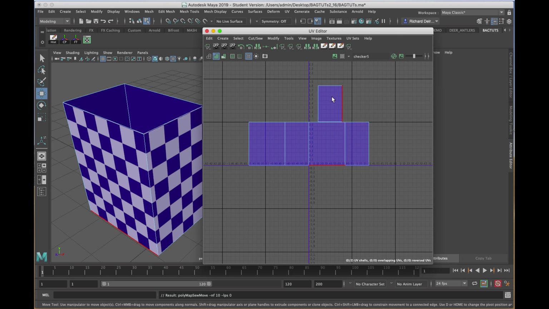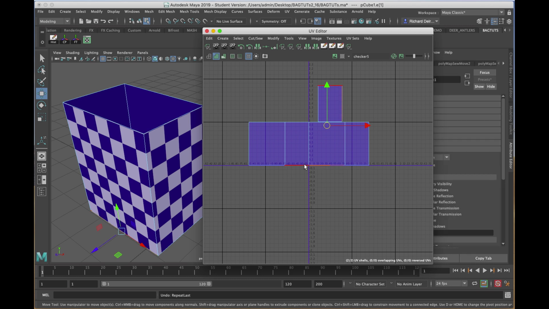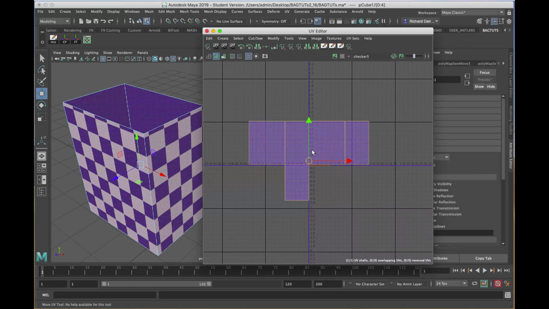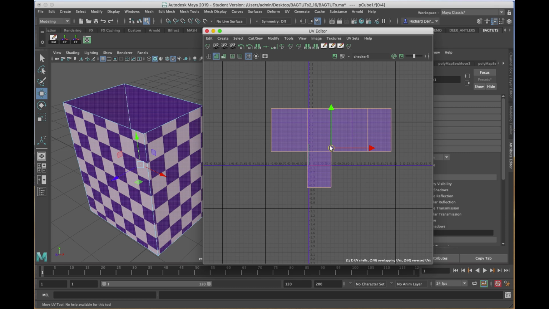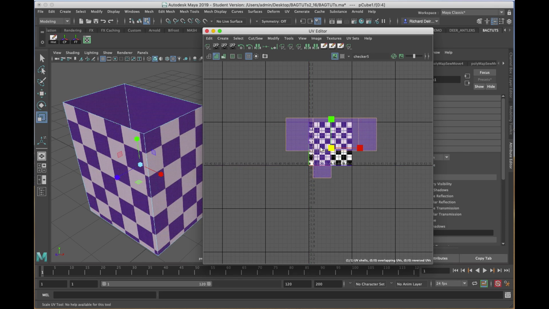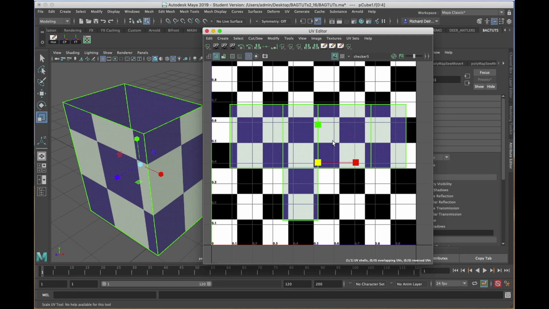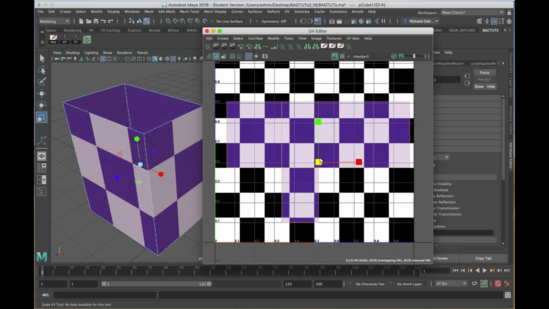And now I'll put the bottom on one of the bottom edges of the shell. I'll right-click inside the shell, choose UV shell, select it, and I'll move it into the quadrant where the checkerboard appears, and then I'll scale it, hitting R on the keyboard, to fit inside the checkerboard pattern. I'll hit F on the keyboard to get a little closer,